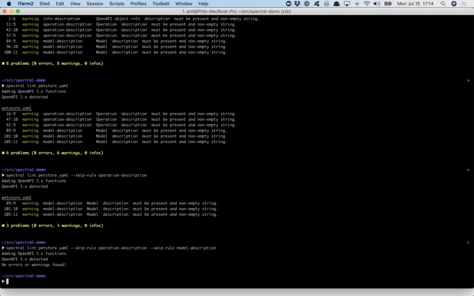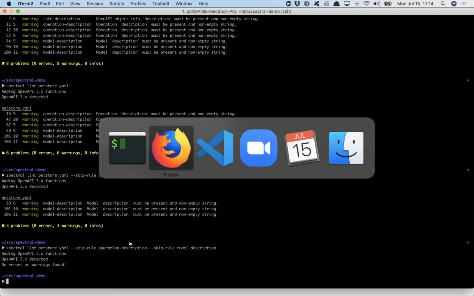There we go. So now our thing is totally fine. This is pretty useful when you are working locally, like just like this, in your API, you have your API description documents in your code base. You can just keep on running lint every now and then to see if it's any good. You can set it up on a Git hook locally, and you can set it up in Circle CI to make sure that nobody is committing junk. But the main thing is kind of understanding rule sets a little bit.